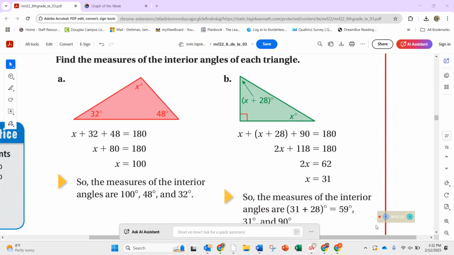So let's look at these two examples right away. I think this is fairly basic for you guys. You'll have no issues with this. Let's look at the pink one. You have 32 degrees. You have X you don't know. Y is 32. The other one is 48. So two angles, you have 32 and 48. Combine your like terms, right? 32 and 48 equals 80. So that's why you go down here and you get